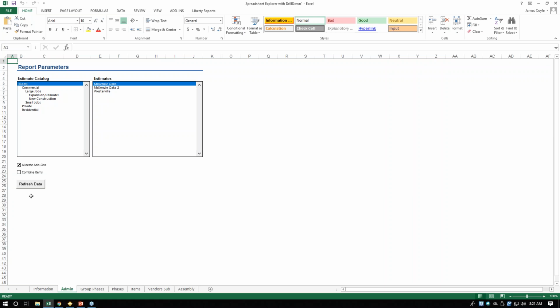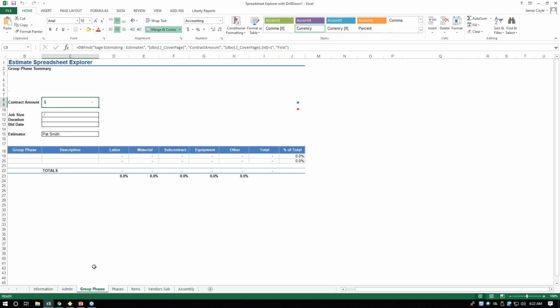So we have this option here, and basically by doing so, there is data that can be staged. So there's another set of tables, if you will, or views that will populate by Sage when you tell it to stage the data. So when we do that, now we can utilize that information. So by refreshing this data for this estimate, I'm going to get a number of different tabs. And the tabs that are created here,